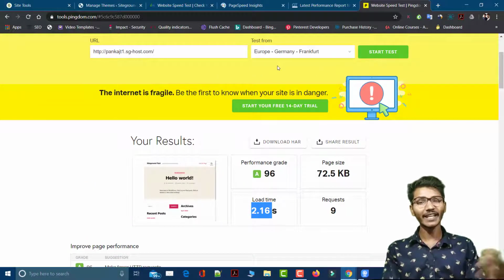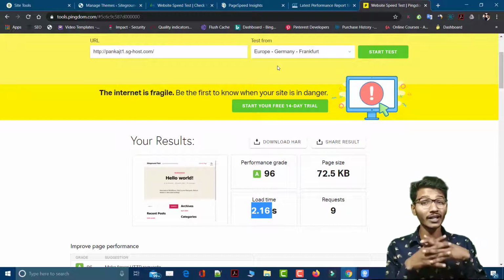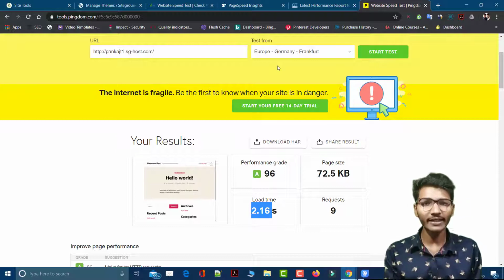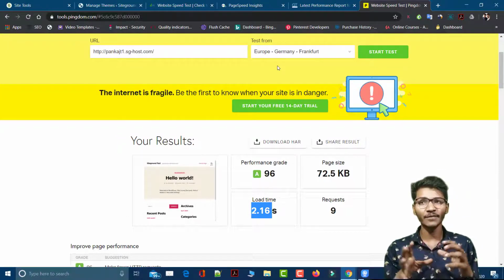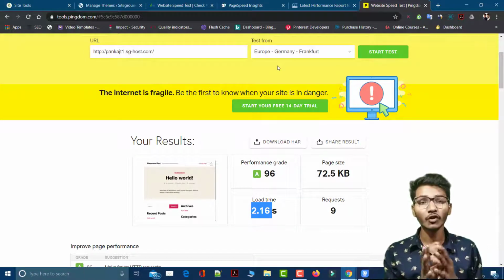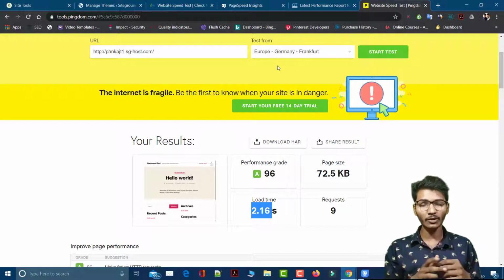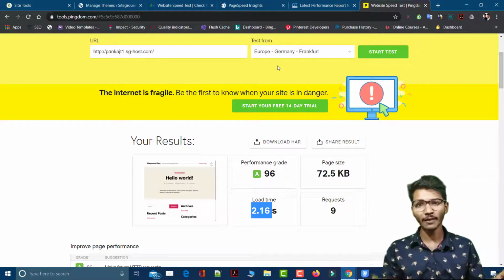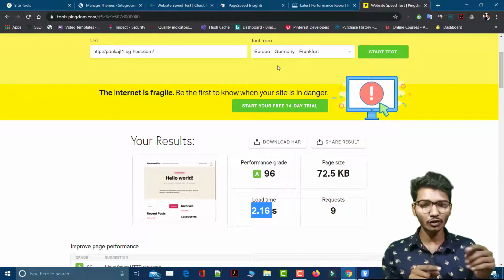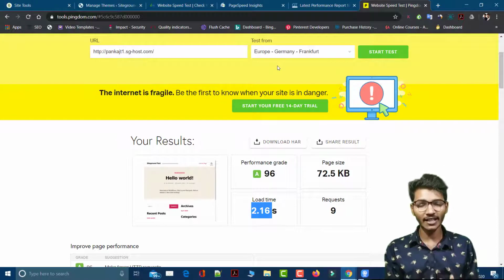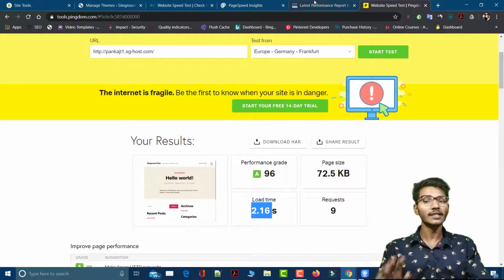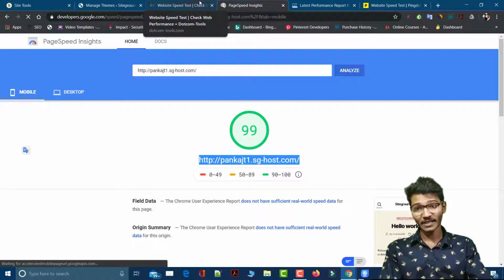The speed varies with different locations, but to overcome this problem, you can use a content delivery network. Actually, a content delivery network works as a distributor for your site. It means they have different servers in different locations. When you map your site with a CDN, they distribute all your site files to servers in different locations. And when a user types your domain in the browser, the browser requests those files from the CDN, and the nearest location possible is chosen as the main server. So that's how a CDN works, and that will definitely increase your website speed.